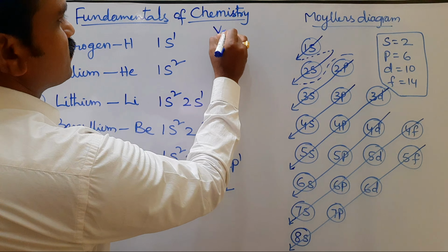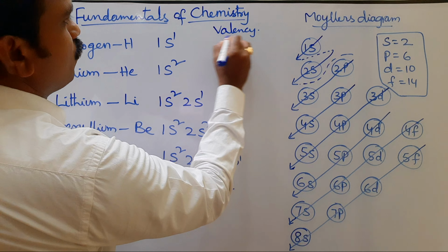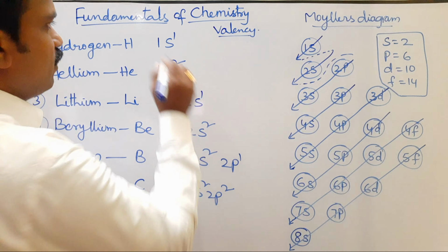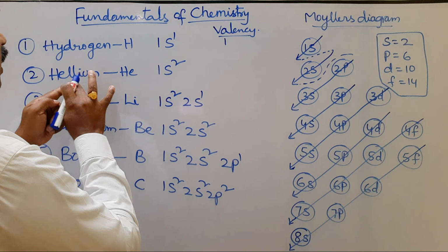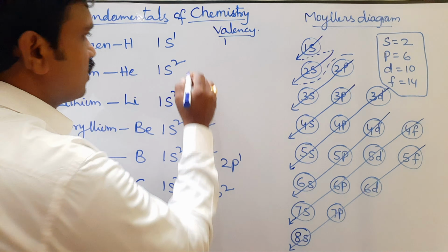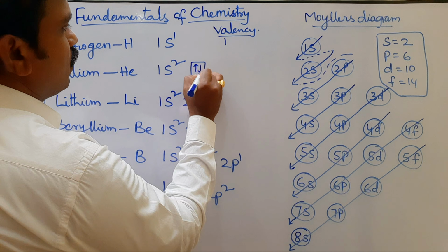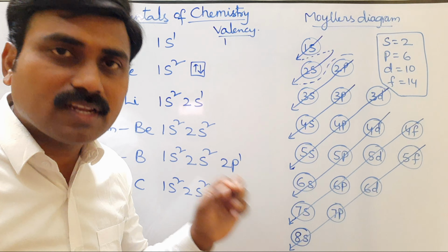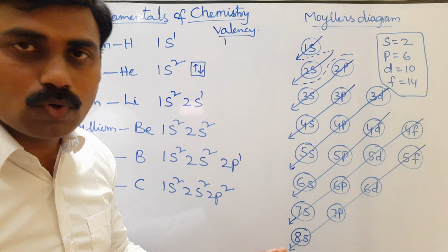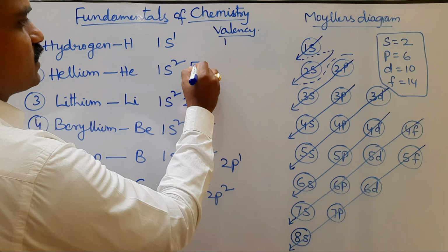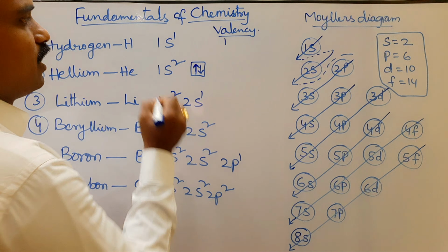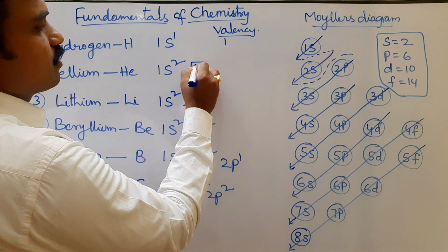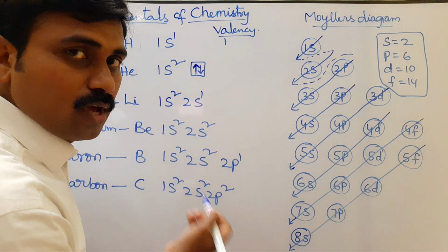To calculate the valency of any element, we take its electronic configuration. The combining capacity of an element is known as its valency. Hydrogen valency is 1 because it has only 1 electron. Helium is a noble gas and it has paired electrons, one pair of electrons. Helium is the smallest element and an inert gas. That's why it does not release electrons, and it is not easy to remove electrons from helium. The 2 electrons are considered duplet electrons. That's why these electrons are more stable, and helium is a noble, monoatomic gas.